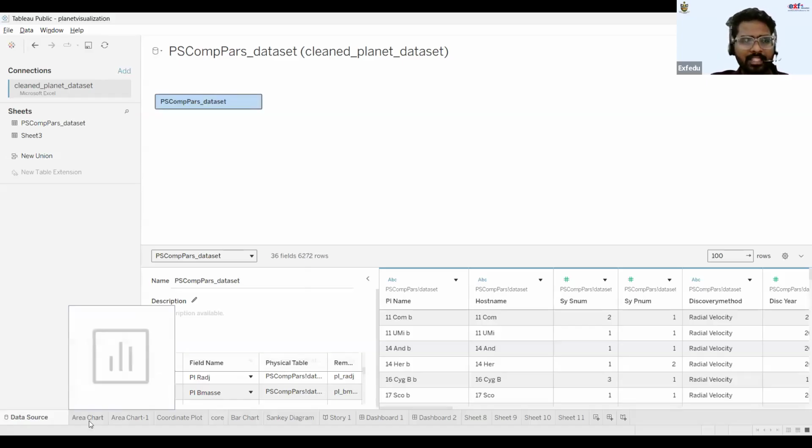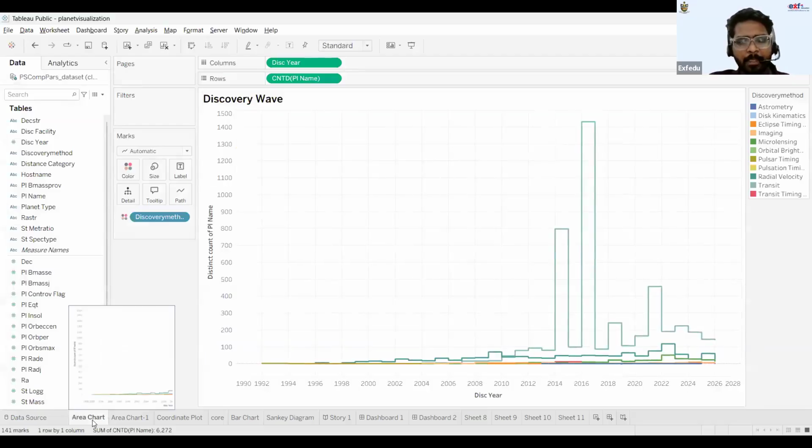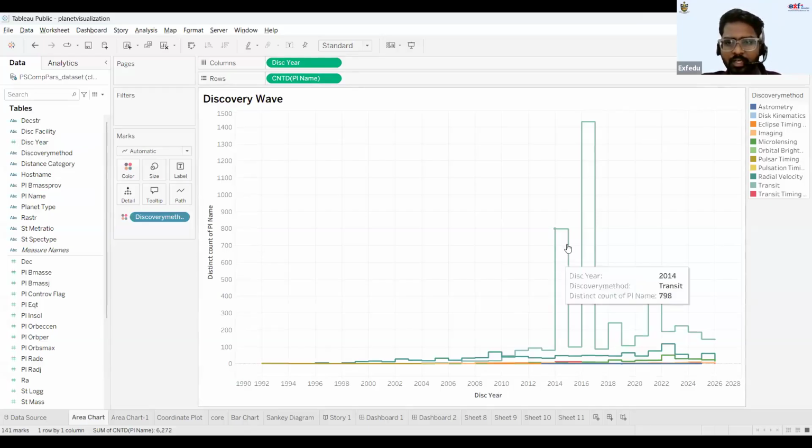Let me tell you the problem statement and we'll go through it. Why have we picked this chart? I need to know how many planets have been discovered in a specific year. Imagine the table which holds these visuals: with the columns, I'll go through the discovery year, which tells which year they were discovered, and the planet name. Right now, I think it is not being included.